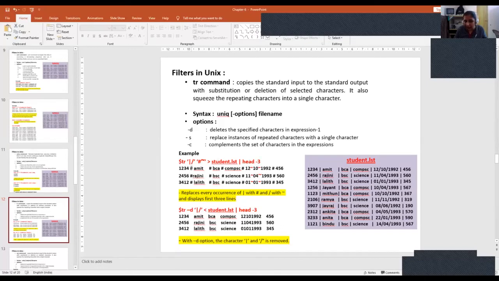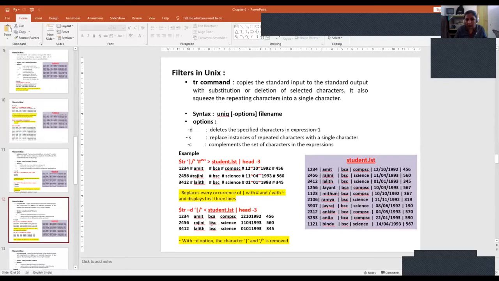Now you can see, wherever you have that vertical bar, after 1, 2, 3, 4, it is replaced with ash. After Amit we have a vertical bar, now replaced with ash. After BCA there was a vertical bar, now replaced with ash. Wherever you have a vertical bar, it is replaced with ash, and wherever we have a slash, it is replaced with tilde. The slash is only in the admission date, so there we have tilde instead. This is how we can use the TR command.